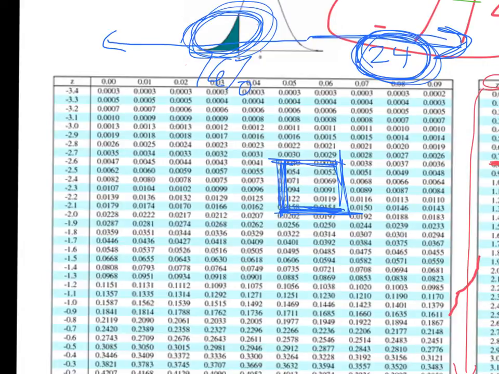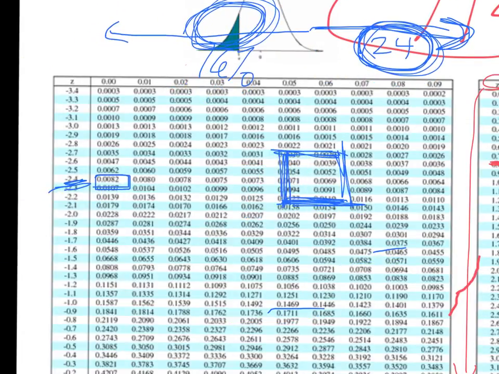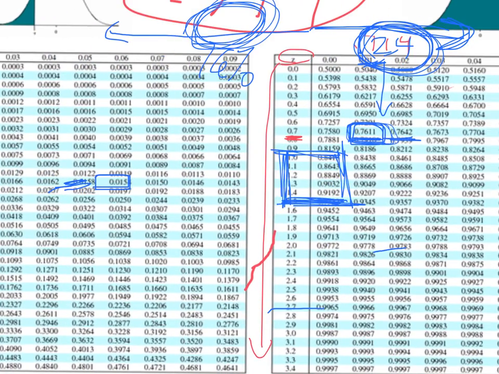So then I'd go to the z-chart, I'd find 2.3, which is right there, and I'd just look at the very first number, because that very first number is 2.3, and that's it, 0.0107. So in other words, 1% of the data is at and below 2.3 standard deviations below. And that also tells me that if I wanted to be above, 2.3 above,